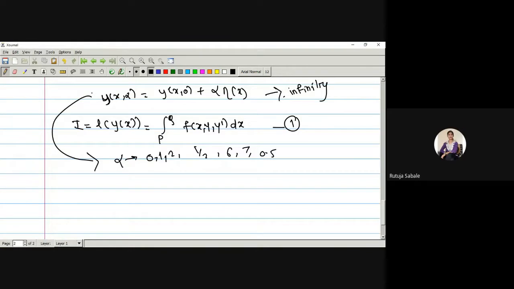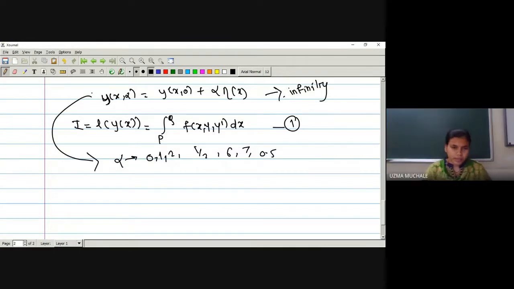Yes, ma'am. Because I have constructed only one equation. Just now you told that there are infinitely many paths, and that infinitely many paths I have written in the form of an equation. This is the given equation that we derived in the last lecture, that the length of the path between P to Q can be given by equation 1. So out of all those paths, let me rename this y of x0 as y of x. I will say that this is a correct path.